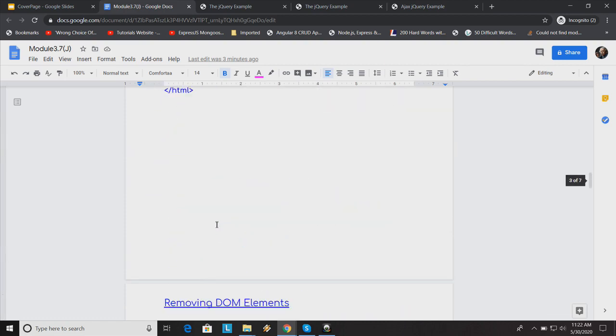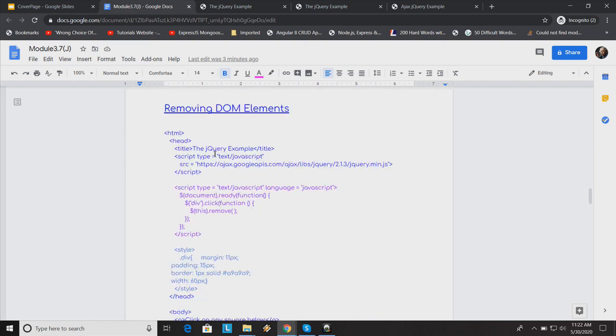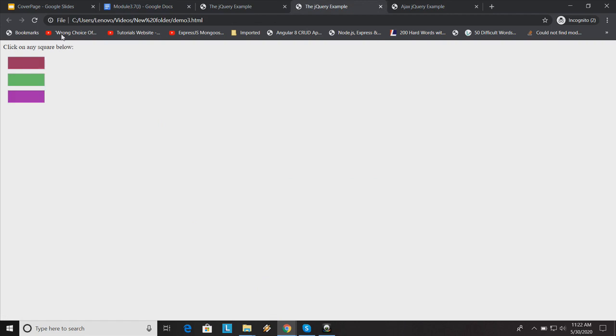One more example I'm having, removing. Suppose I want to remove something. Before this, I'll show the demonstration. I have three buttons here, three squares. If I click this, see, basically you're using a pop operation. You know the push and pop operation. Here I'm using the pop operation. If I click this, click this, click this. So how to achieve that?